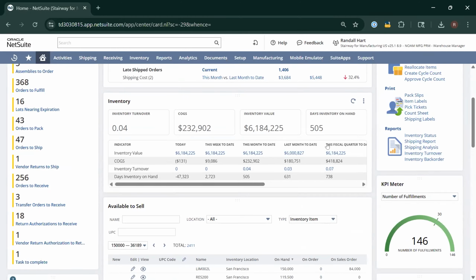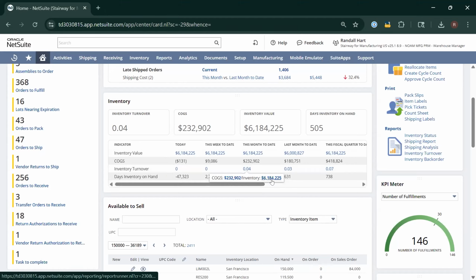So let's talk about the inventory KPI scorecard. As I mentioned, a lot of people don't leverage KPI scorecards to the fullest extent, in my opinion. So I like the inventory KPI scorecard pretty close to as is, because it has a lot of the information we need for tracking and making the best use of our in-house inventory: our value, our COGS, and then inventory turnover and days on hand reporting. These are really important from an overall, I don't quite want to say executive, but management-level reporting of inventory, because these can drive a lot of action. Looking at our inventory turnover to date,